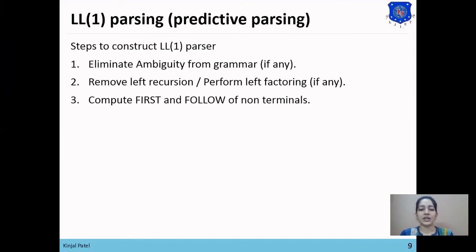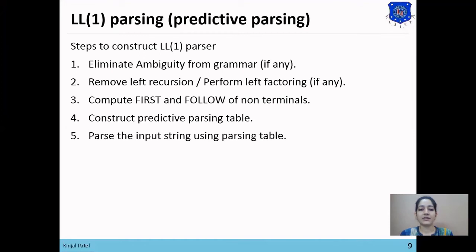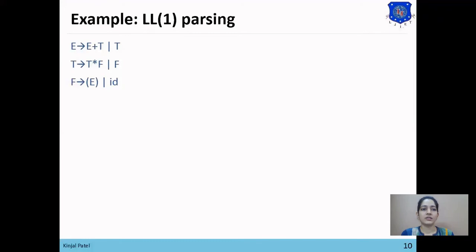Fourth step is to construct the predictive parsing table. Fifth step is to parse the input string using that parsing table. So we'll start with an example. In a given grammar, first we'll check whether there is any ambiguity in the grammar or not. There is no ambiguity in this grammar, as the rule of precedence and the rule of associativity is maintained in the